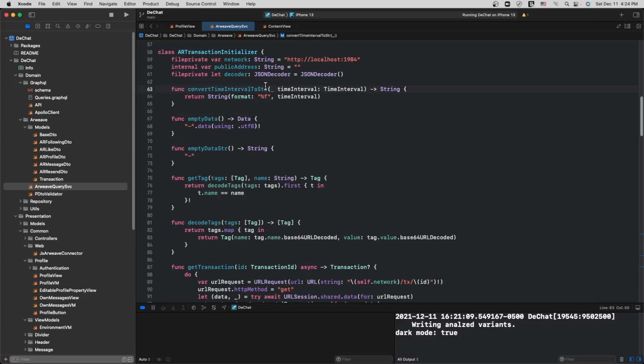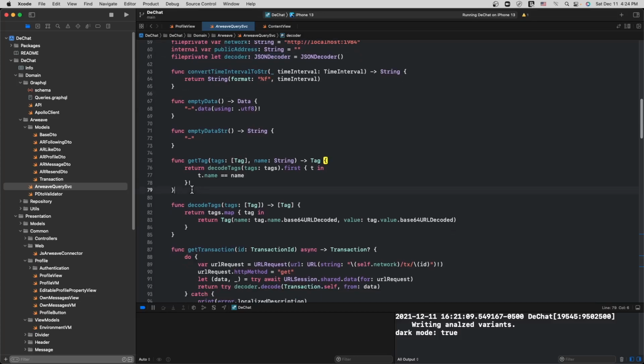But getting back to the API that I created, this is the wallet address, the public address once it's finished, for easy access purposes. Of course, this is a JSON decoder. And then you have some helper methods.